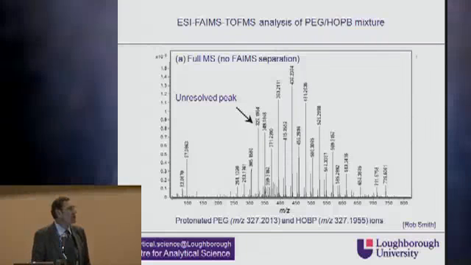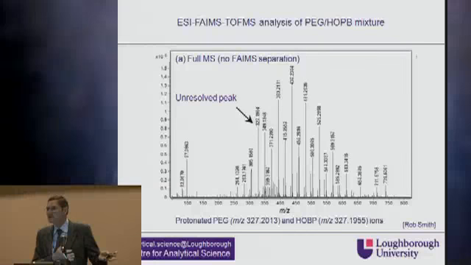Okay, let me just show you how this works by going back to that example of the HOPB and PEG that I showed you a little earlier on. If you remember, HOPB and PEG are overlapping, so there's this unresolved peak along here. And so in mass spectrometry, in the absence of any FAIMS separation, we have a complicated mass spectrum, and if